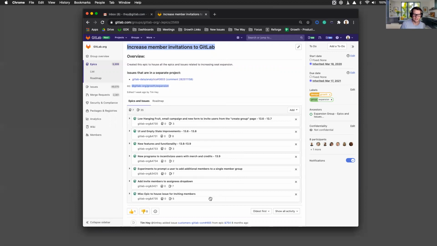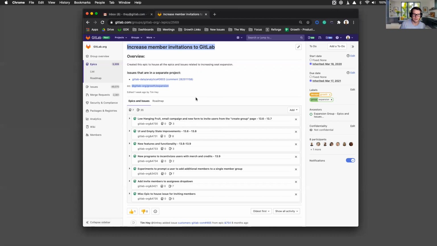And then I also have this miscellaneous epic, and I use this basically as a way for us to just collect new ideas, or if somebody else has an idea, we can jot it down. And if it doesn't necessarily align with one of the themes up above, which we're planning on doing, we can house it in that one place. What I like about this is that it allows us to do a couple of different things.